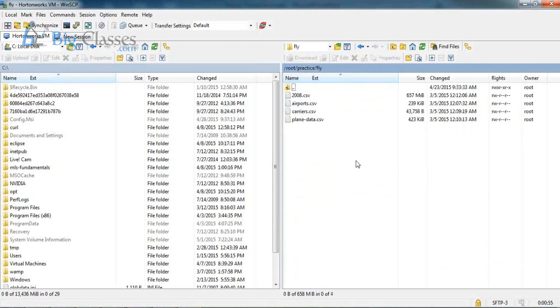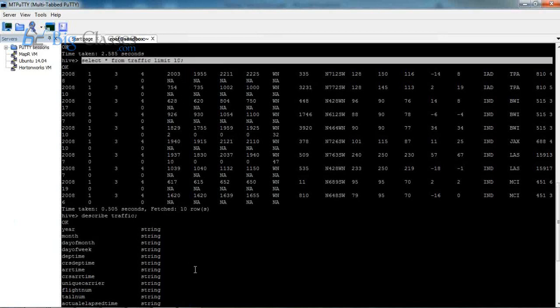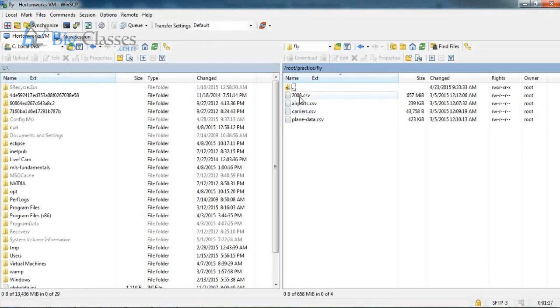So I just ran a query on a traffic table. But there is no such thing called a traffic table. If you are trying to correlate with SQL Server or Oracle or traditional RDBMS, there is no such thing that exists at all. All that I have is a simple text file. This is 650 MB. Oh my god, so I'm writing a query against a file here.